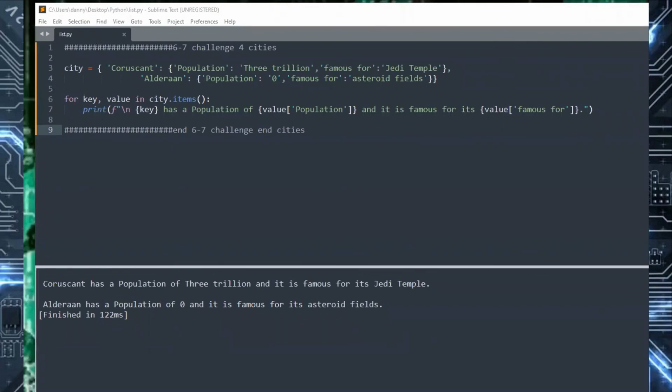All right, so here we got some dictionaries within dictionaries. So city, first one's Coruscant, population 3 trillion, famous for Jedi temples, right? And then the second dictionary we have here is Alderaan, and it has a population of 0, famous for asteroid fields. All right, so for key, value in city items, so we're using the key values within this dictionary. Print, the key has a population of value population and is famous for its value. And then we're just gonna insert that into our string here. So when we print that out here,